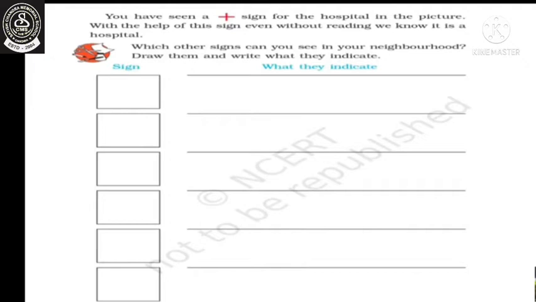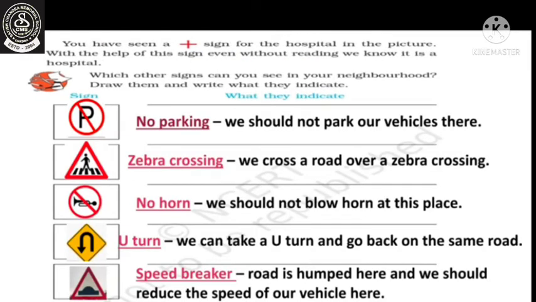So just now I have given you some signs and symbols that indicate different meanings, like no parking, no horn, no U-turn. Even do you know, if there is a dangerous object, you must not touch it. For that also a danger sign is there. So I'm giving you some examples. For this one, you have to write another 5. So here I have given some examples for you.